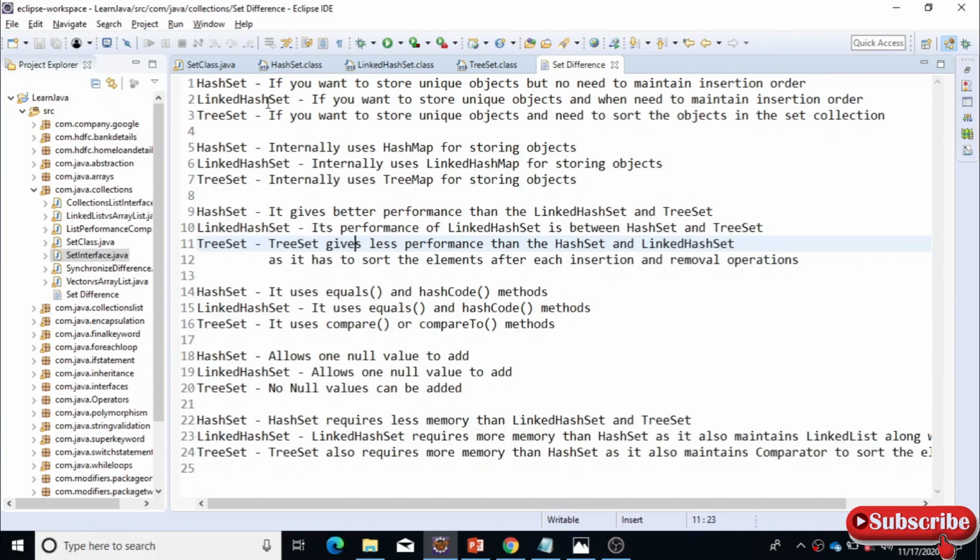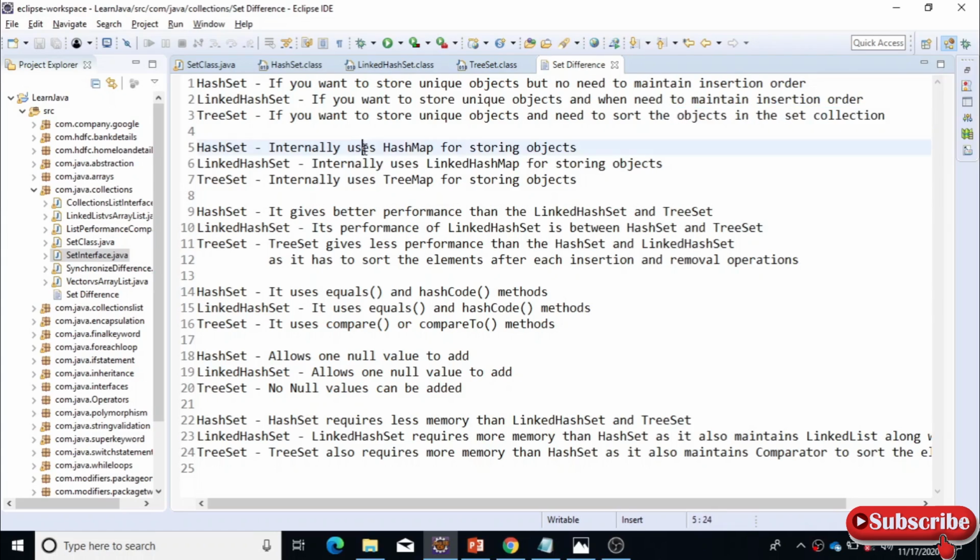The main one is HashSet. It does not maintain the insertion order. Randomly it will process, but it will store unique objects. LinkedHashSet will maintain the insertion order also, and it will store unique objects as well. TreeSet will store unique objects and it will sort the objects that are in the set collection.